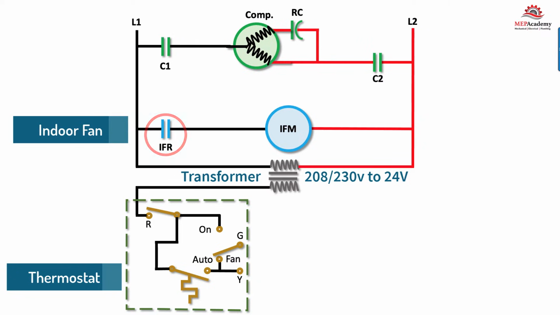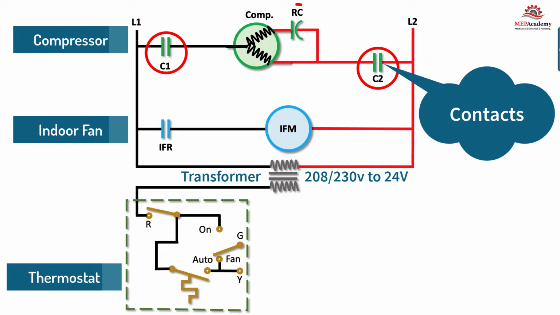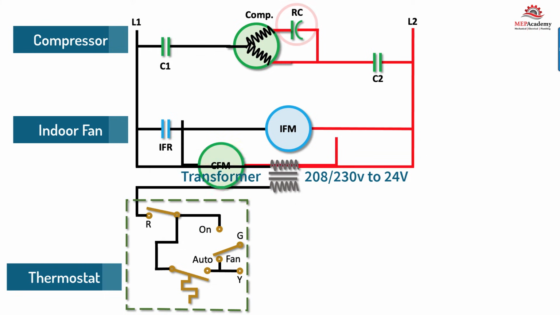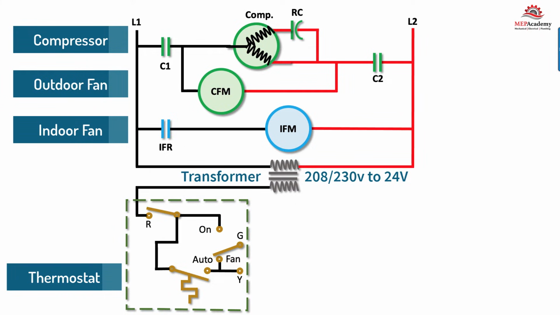Next, we add the refrigerant compressor to the line voltage side and include contacts and a run capacitor. To complete our refrigerant circuit, we need to add an outdoor condenser fan motor on the line voltage side of the diagram. This provides us with the three largest energy-consuming devices in our air conditioner: the compressor, condenser fan, and